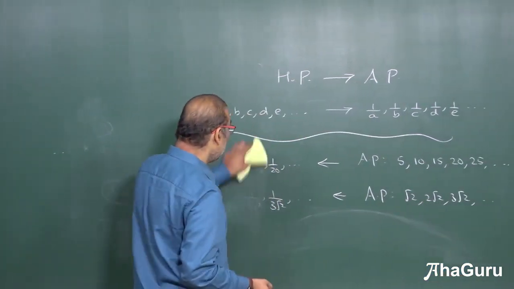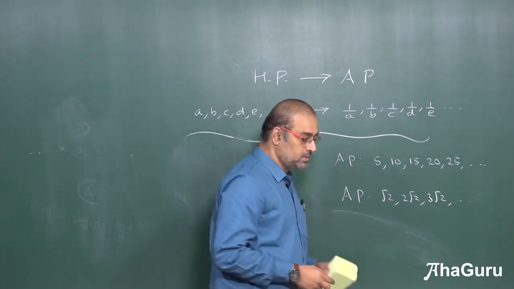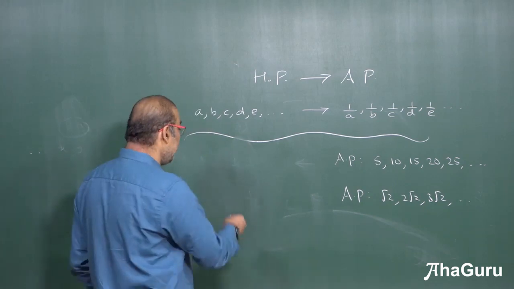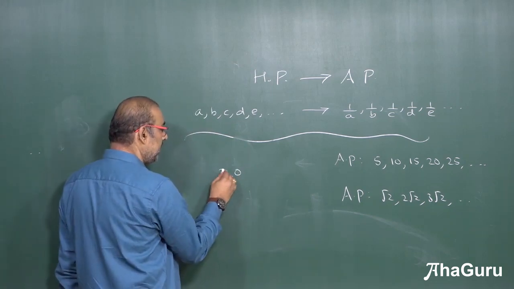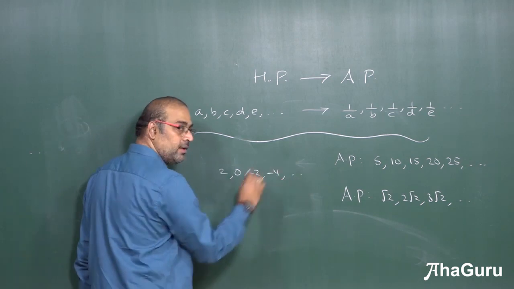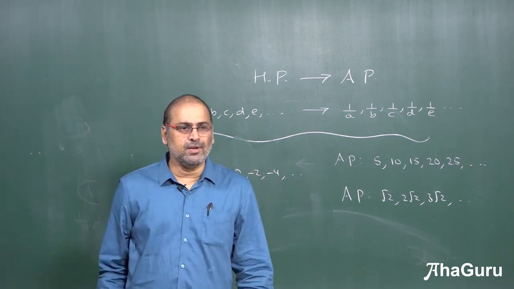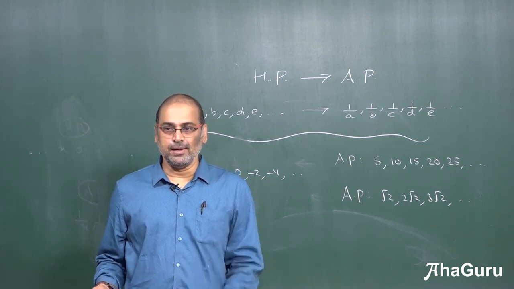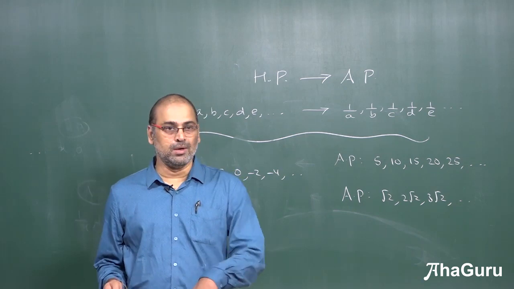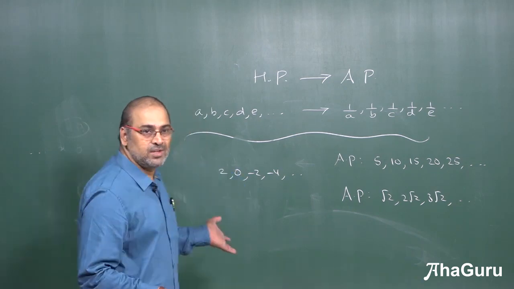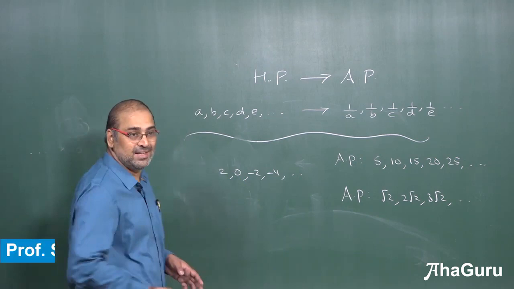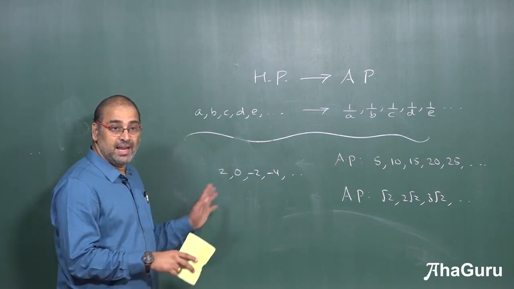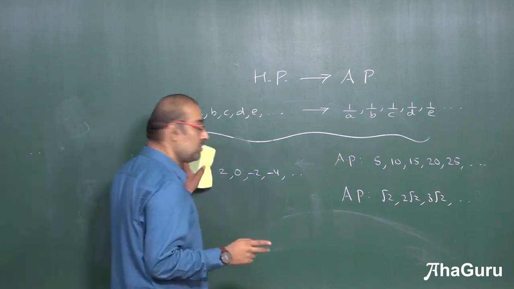Okay, so fine. The question is, can we have an AP with 0? We have already seen some APs with zeros, something like 2, 0, minus 2, minus 4, etc., right? Then one may argue AP will not contain 0 because there is no corresponding HP. See, it's like the primary source and secondary source. Your HP has been derived from what? AP. So if AP has a 0, then HP would need an infinity. So you have to take it in that perception. For AP there is no trouble. So AP can have 0, but HP cannot have 0. So that is the basic.